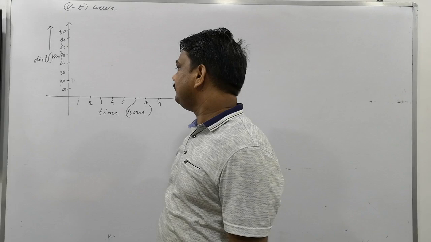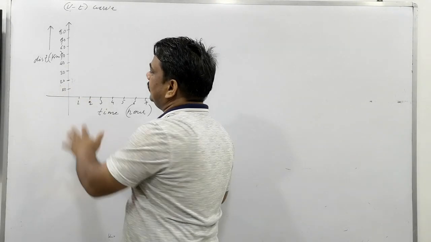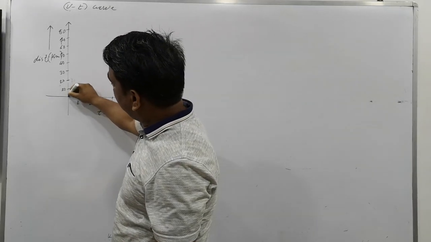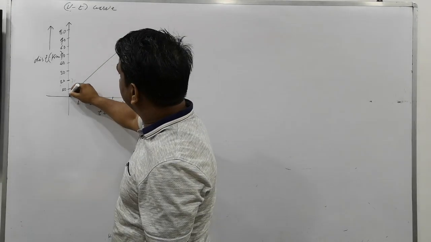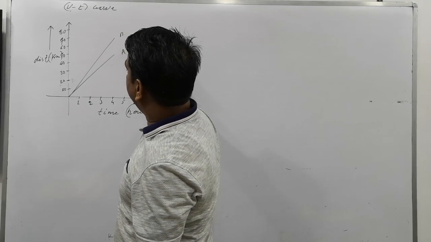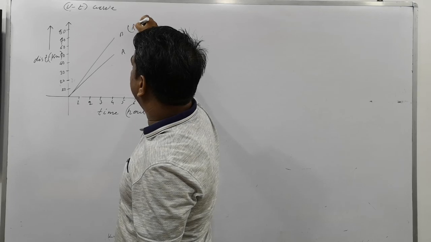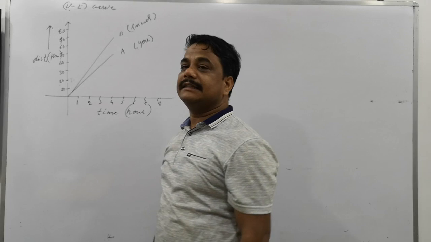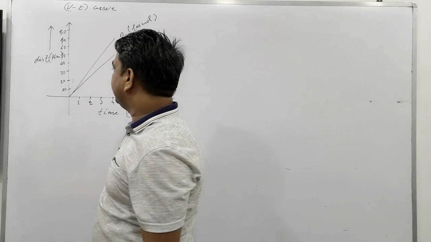Clear? So simply there is distance. One object is traveling, and I have drawn the graphical representation of that. And for two objects, you and your friend, A and B, A is you and B is your friend. So this is an xt curve we can say here, right? It's not a vt curve. The vt curve I will tell you later.